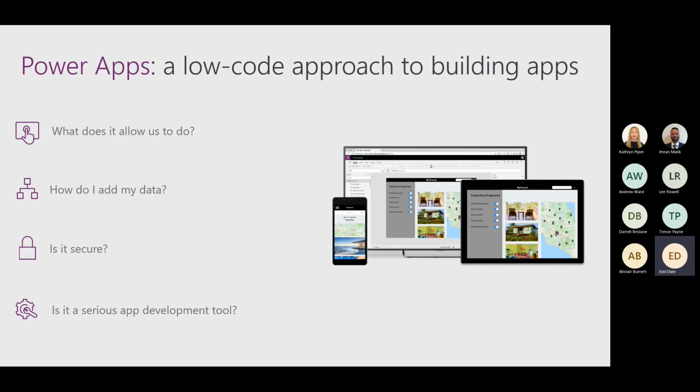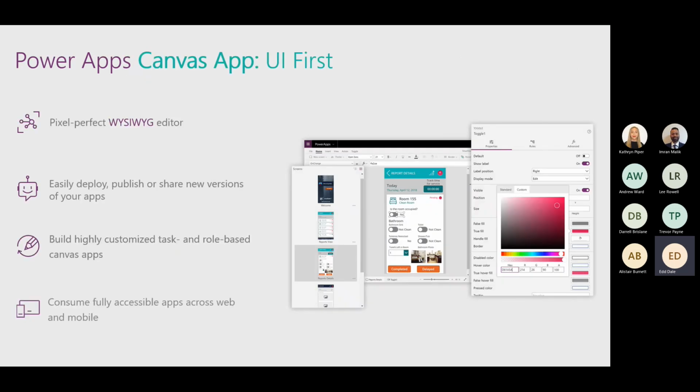Now, one of the places that a lot of people get started with Power Apps is utilizing Canvas apps. Now, I mentioned this earlier. Canvas apps allows you to create your own custom apps using drag and drop controls. And it uses this WYSIWYG editor, and like I said, WYSIWYG stands for what you see is what you get. So there's no coding in this. Literally, you'd be dragging and dropping images and text and buttons and switches and all sorts directly onto the application, and the way that it looks on the designer is the way that it's going to look in the application.